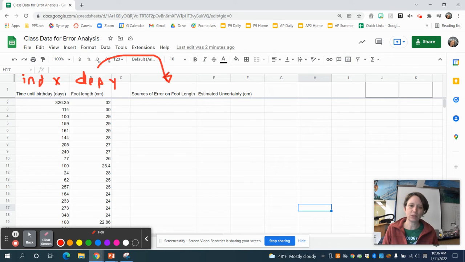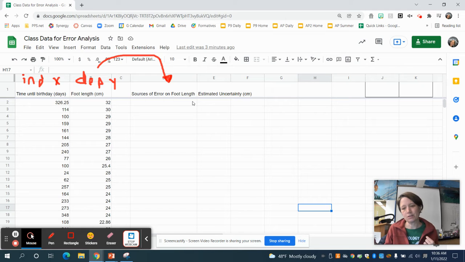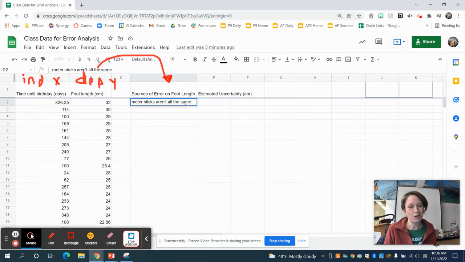So in any case, the first thing we're going to do is start to identify what sources of error we think there could be on those foot length measurements. If you think about taking that meter stick and measuring the foot, what are some things that could have gone wrong that would have made the measurements of the foot not exactly equal to the exact length of the foot? So thing number one, maybe you realize that meter sticks aren't all the same. Some of them are a little bit longer and a little bit shorter. It's a science classroom, so that's not a lot of error. When I got out a couple meter sticks, I would say maybe that much difference, but it is still